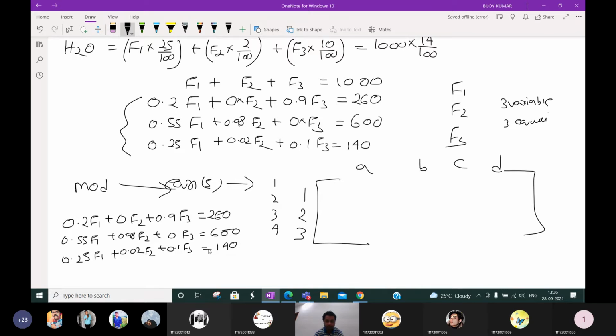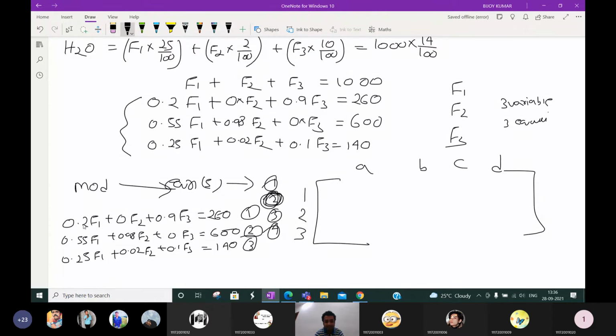We can solve it. For that, first in the calculator, the mode option is there. After the mode option, we have to solve the equations, so we go to the equation section, generally present in the fifth option. In the fifth option, there are 4 types of equations. As there are 3 variables and 3 equations, we click option 2. Then we will have A, B, C and D, and 1, 2, 3. What do these 1, 2, 3 represent? 1 for the first equation, 2 for the second equation and 3 for the third equation.